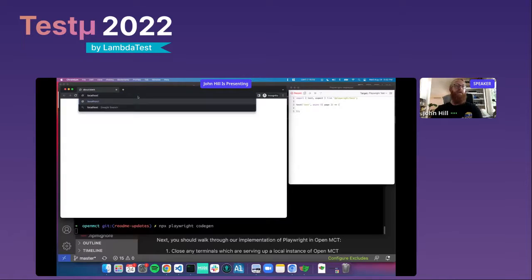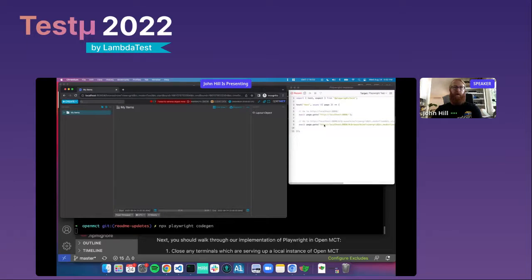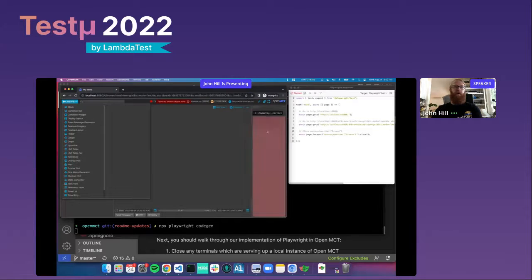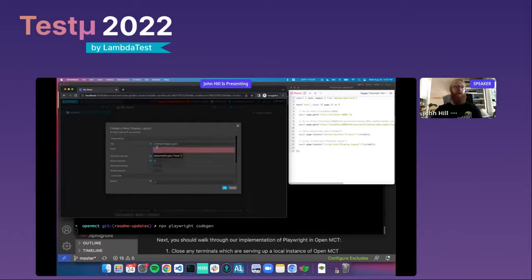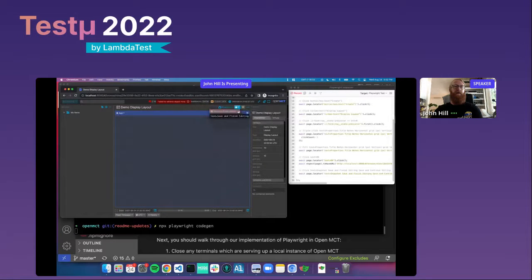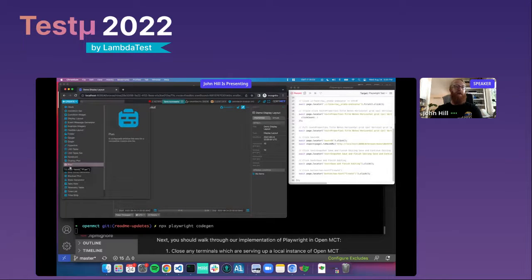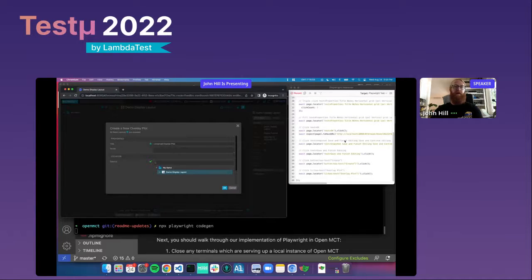Go to localhost 8080, right? And we're recording everything that's happening on the right. So you can see I hover over this button called create, and that's been saved here. Then I'm going to go to the display layout, and select this demo display layout. Okay, created that. I'm basically capturing everything as it happened earlier, but I'm capturing it as Playwright code